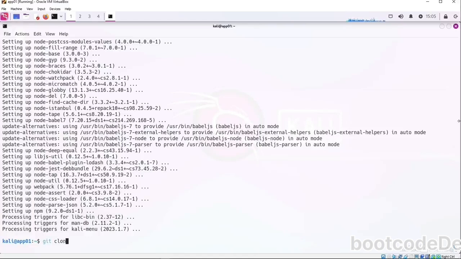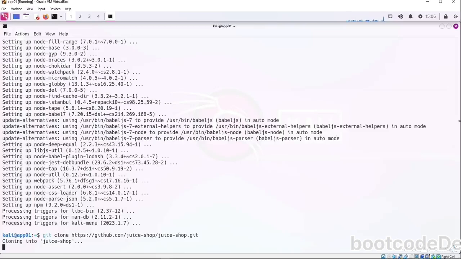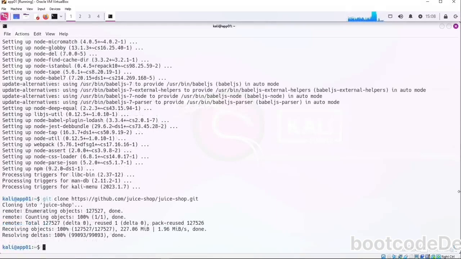Git clone https github.com Juice Shop juiceshop.git. We'll cd into the Juice Shop,